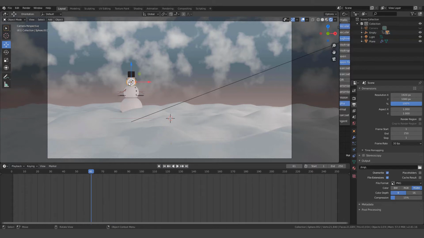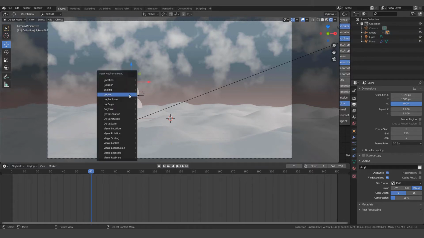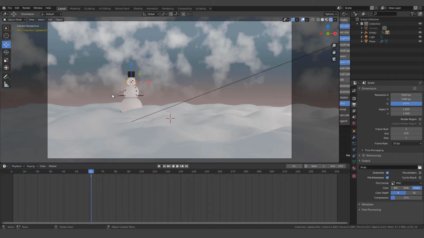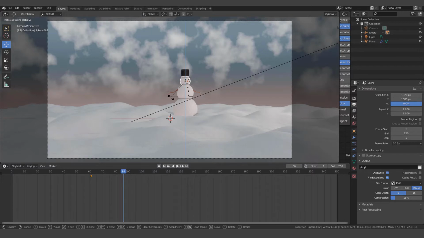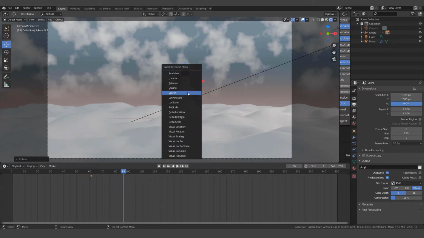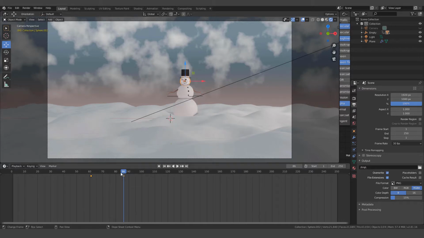select his head, so it's yellow. Let's hit I for keyframe, location rotation, and then we'll move forward to where he's in this turn. And then let's make his head turn towards where he's going to look by hitting R, Z. Something like that, maybe. And then let's hit I for location rotation. Let's grab the scrubber and move him forward. Now he's in this position,